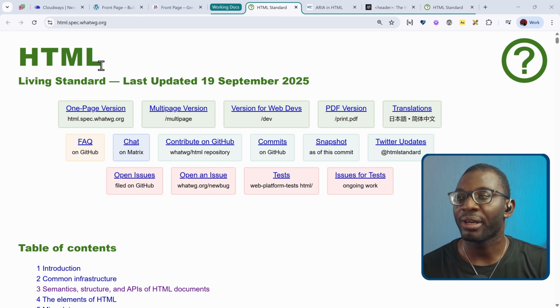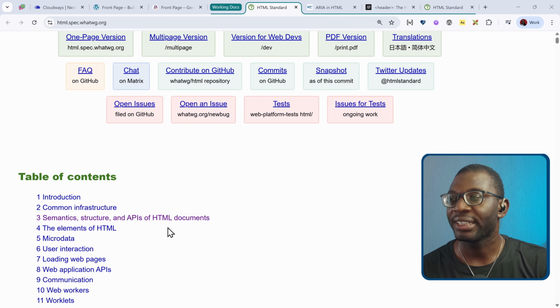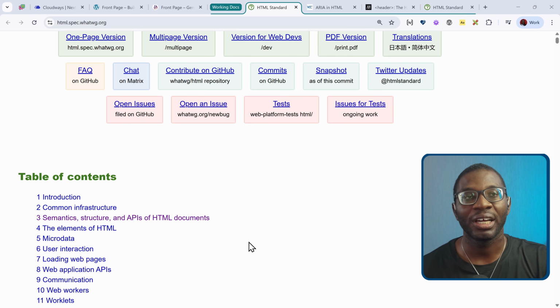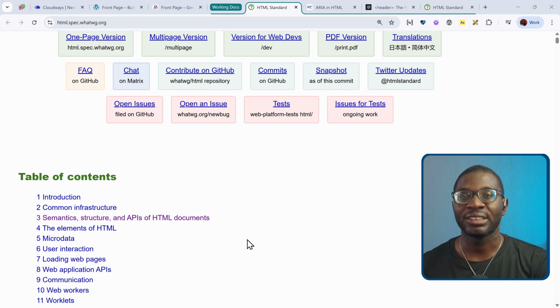So I'll leave a link in the description to some documentation that you can go ahead and read at your leisure time to understand a few different rules as well as different elements that are used in HTML. So the first one, like I mentioned, is the HTML Living Standard, and it basically describes different HTML and what you need to know in the HTML. So what are the things that are allowed as child contents of the element? What are the attributes that are allowed on the element, and so on?